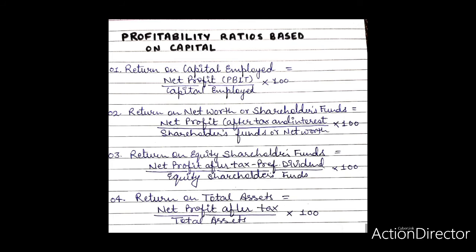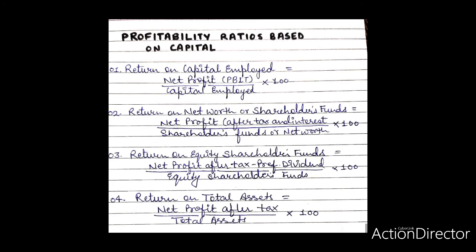Interpretation and significance. This ratio measures the profitability of investments, which reflects managerial efficiency. The higher the ratio, the better is the profit earning capacity of the firm, and vice versa. But this ratio does not reveal the profitability of different sources of funds used in purchasing the total assets.